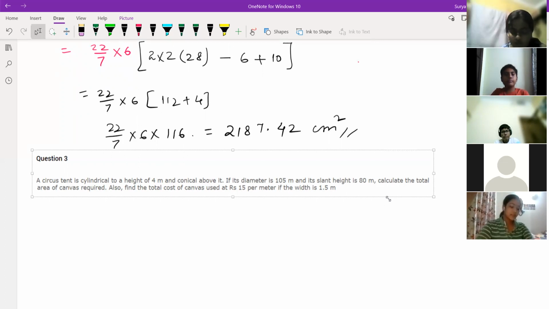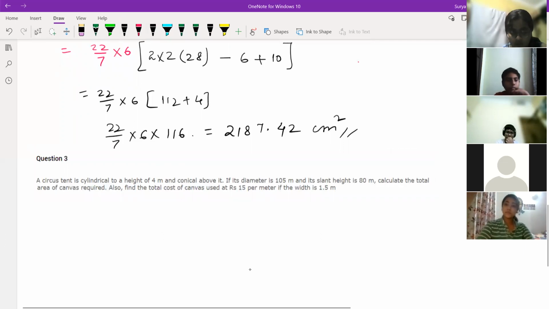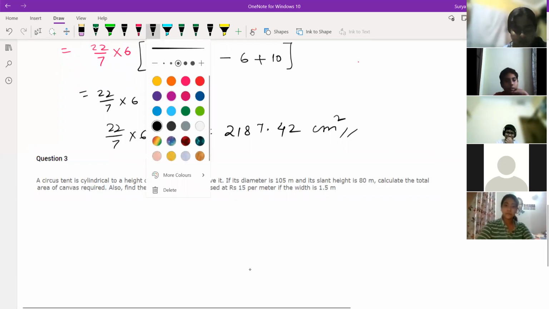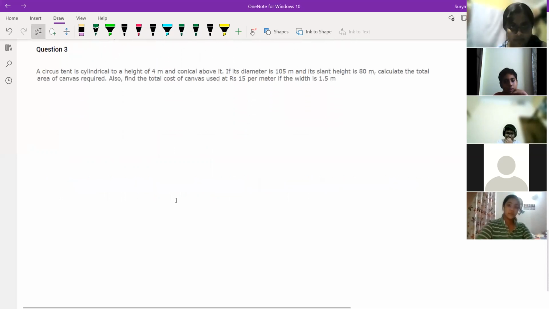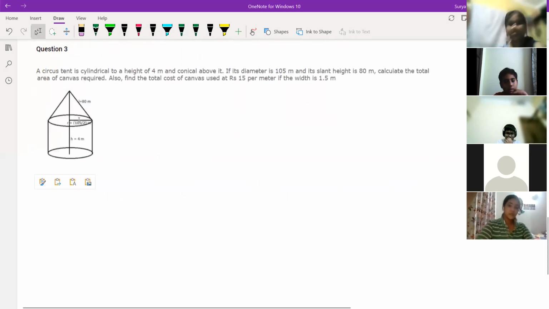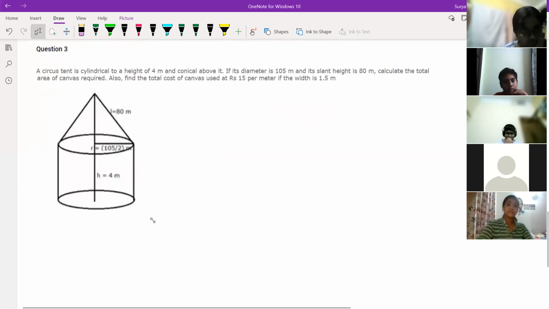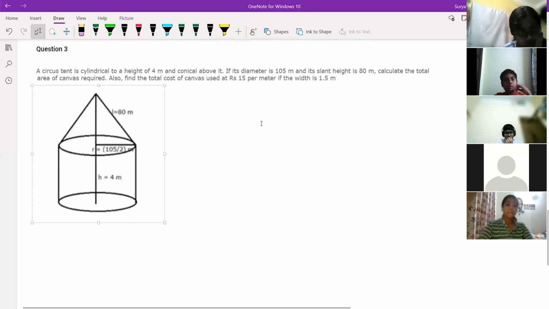The conical above it, I didn't understand. Acha, conical means cone, you know, no? Circus tent you have seen, right? So the cone is above the cylinder. I just draw the diagram once. Oh, okay, I got it, sir. So conical, just like the circus tent you have seen, right? The cone will be on top of the cylinder. So children, just pasting the diagram, same thing over here. Just try to understand if you're not understanding this. See, this is a figure like this.